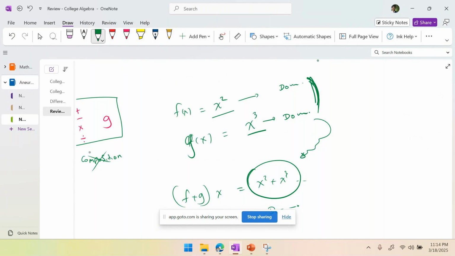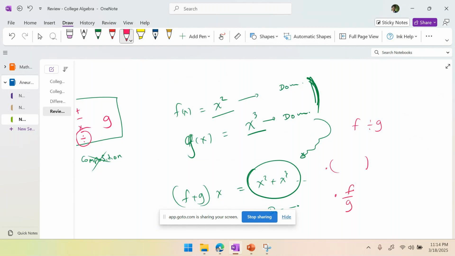Same goes for all these other operations, but you have to be extra careful when you have a division. So if you are dividing the two functions, once again you follow this same idea of finding the common points, and then you have to take one more extra step, that is, now this g is the denominator,